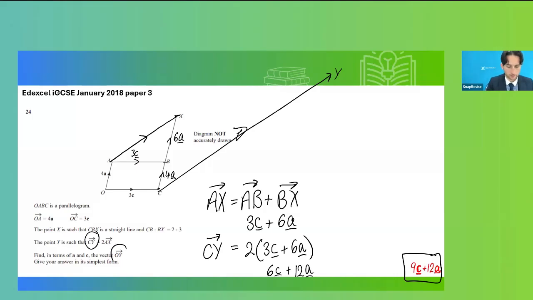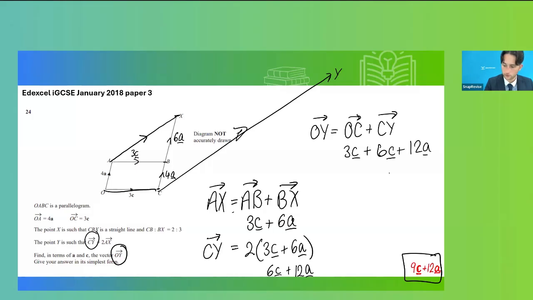Now the question actually asked me for the vector O to Y. So if I want to go from O to Y, I need to go from O to C plus C to Y. So from O to C, I come along by 3C, and then I add C to Y, which gives me a total of 9C plus 12A. So it is about kind of owning these diagrams and adding anything on we can. Now,